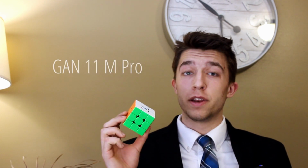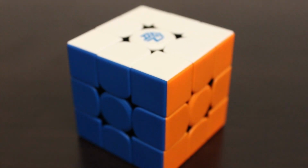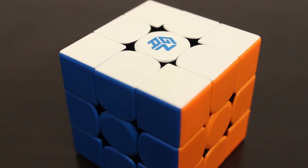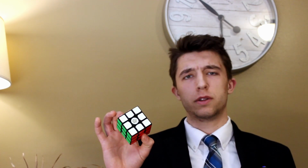The GAN 11M Pro. This is for sure the best cube that we have released so far. I actually have two of our previous models. I have the GAN 356M and this other GAN cube, which I don't remember the name of, but we made it and it's good. So that brings up the question, why buy the GAN 11M Pro when we have